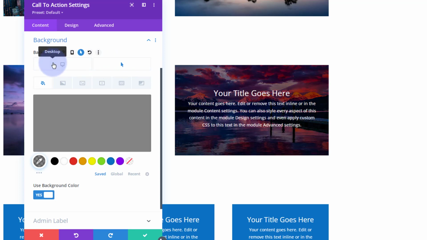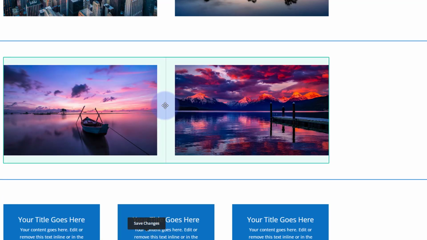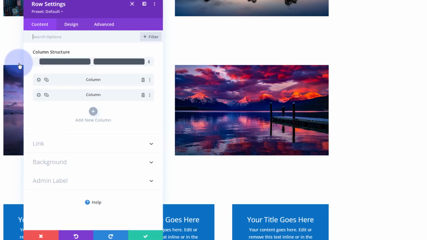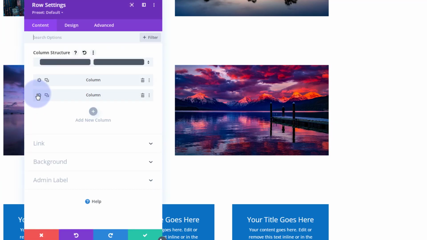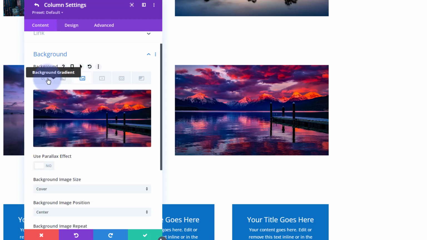The other alternative is, if you don't want to use an actual overlay there like we're doing, you can merge a color with the image to make it more legible when you put the writing on top. If you wanted to do that, let's go back in here. Let's go back into our column, which is in the row. Column number 2. In the background, we put an image in, but we can also put a color or a gradient in. So for instance, if I put